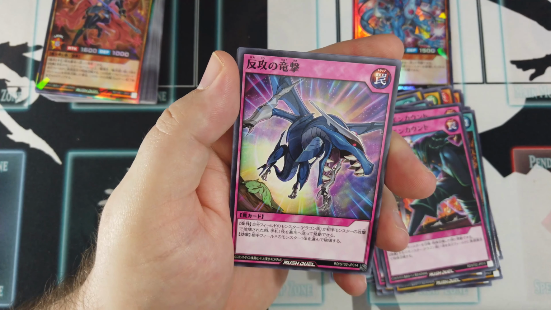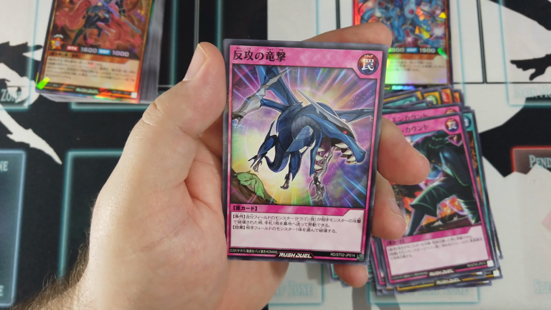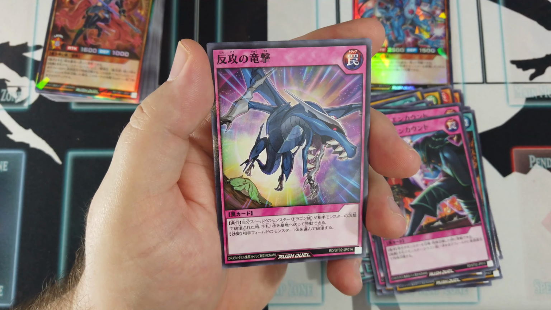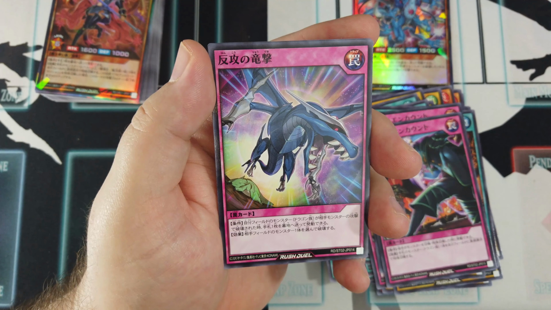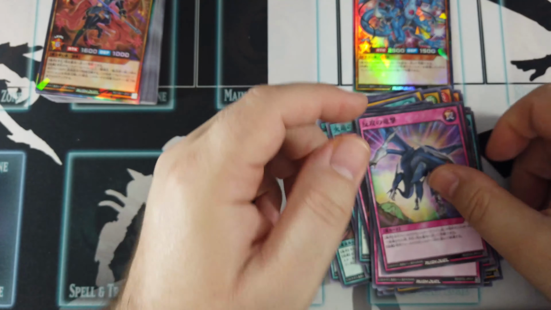Counter-Offensive Dragon Strike. And counter-offensive is 1 big word, sure it's not meant to be. When a monster dragon you control is destroyed by battle with an opponent's attacking monster, send 1 card from your hand to the graveyard and destroy 1 monster your opponent controls, and there are 3 of those. So that